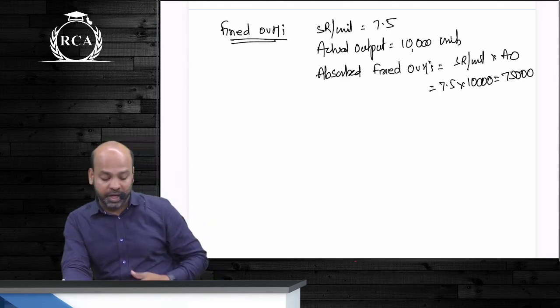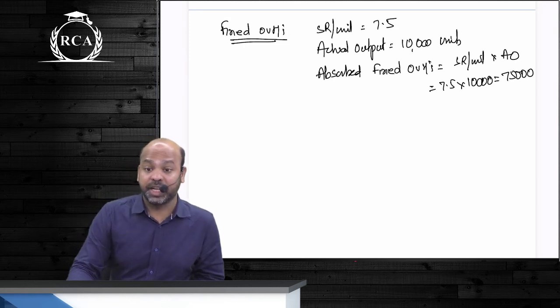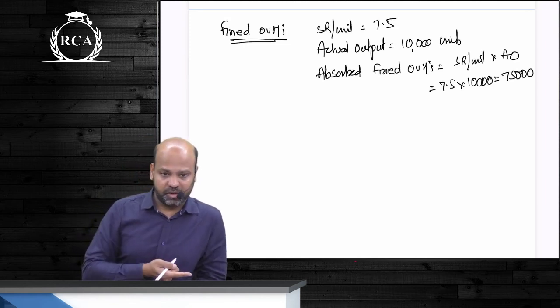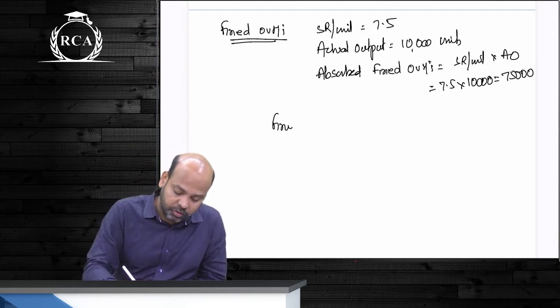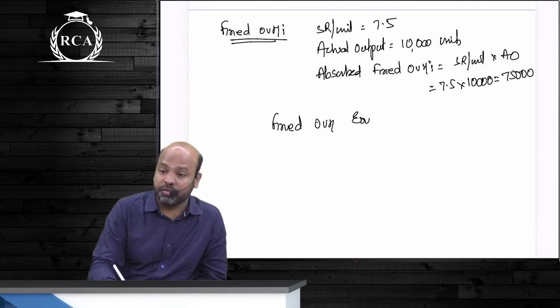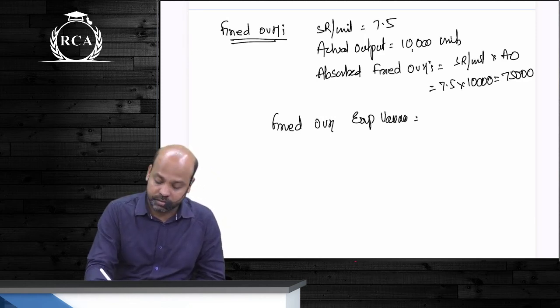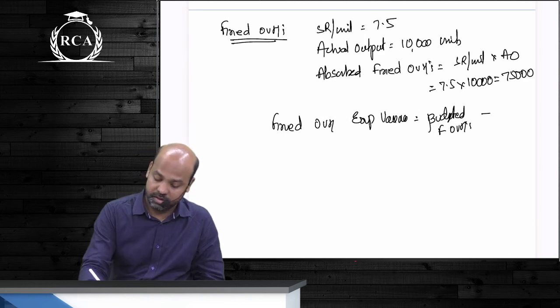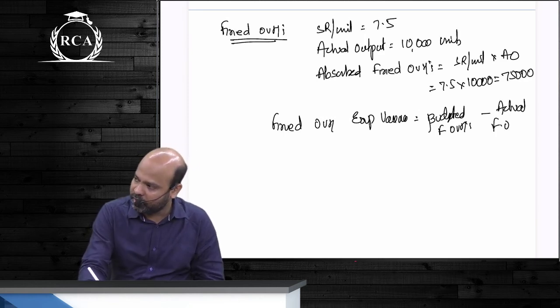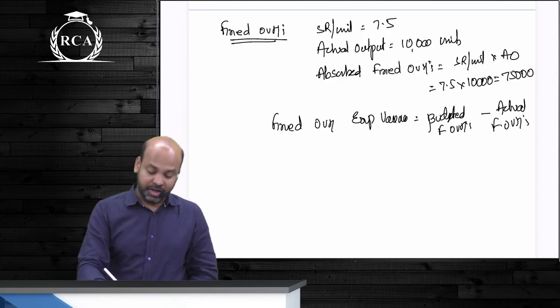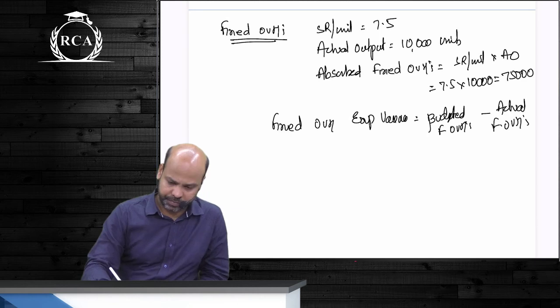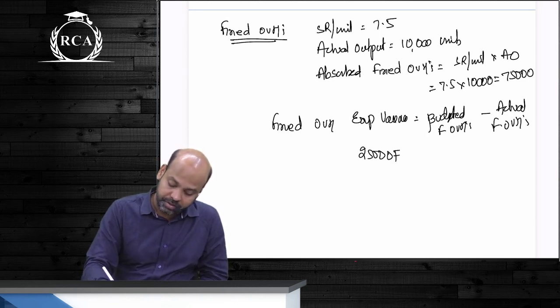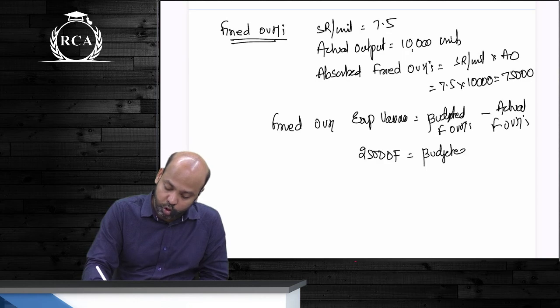Now to compute volume variance, I need to compare absorbed fixed overheads and budgeted fixed overheads. But budgeted fixed overheads are not given. Instead, they gave us what, beta? Fixed overhead expenditure variance. What's the formula for fixed overhead expenditure variance? Budgeted fixed overheads minus actual. How much is the expenditure variance given in the question, beta? Favorable. I do not know budgeted fixed overheads, but I do know, beta, that actuals are 1,50,000. Therefore budgeted, beta, will become